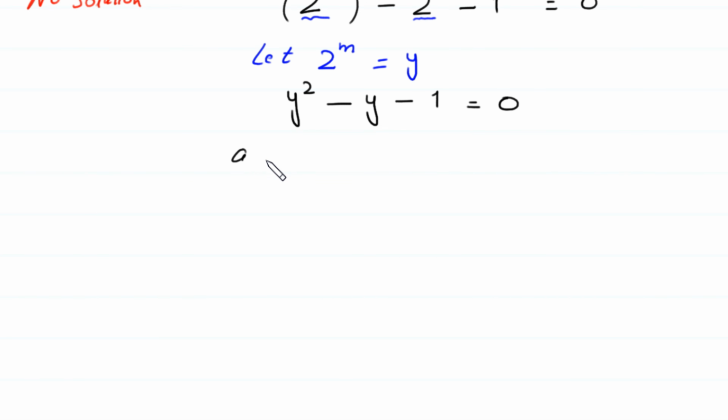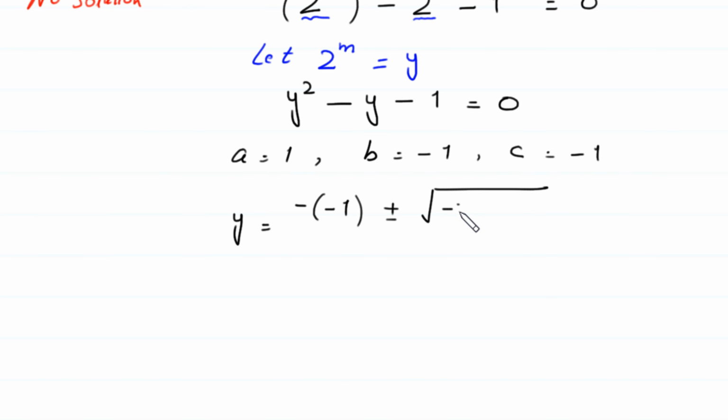In this equation a is equal to 1, b is equal to -1 and c is equal to -1, and according to the quadratic formula, y is equal to minus the value of b (-1) plus or minus the square root of the value of b (-1) squared minus 4 times the value of a (1) times the value of c (-1), divided by 2 times the value of a (1),